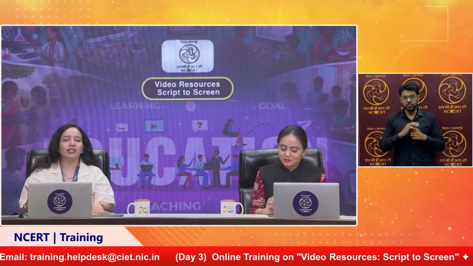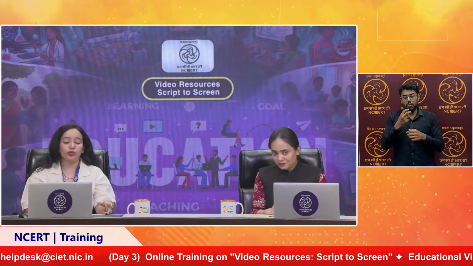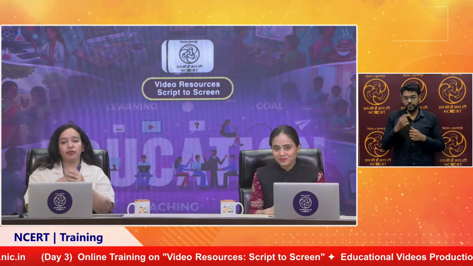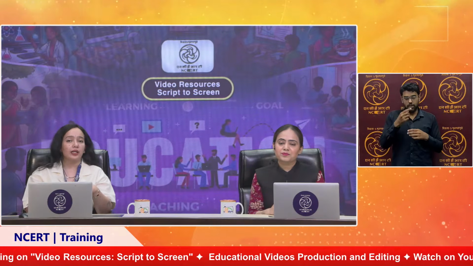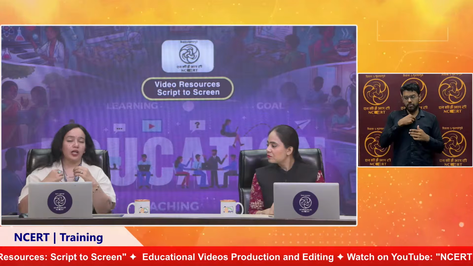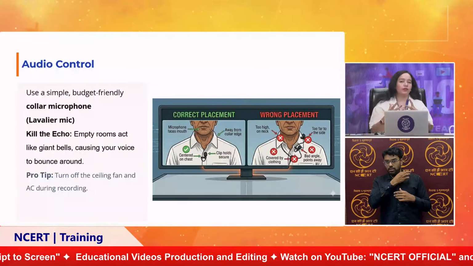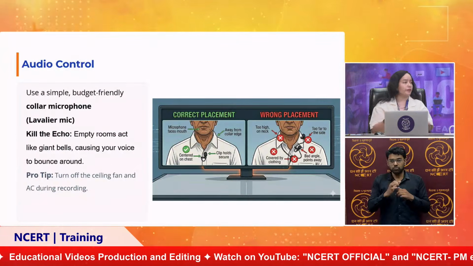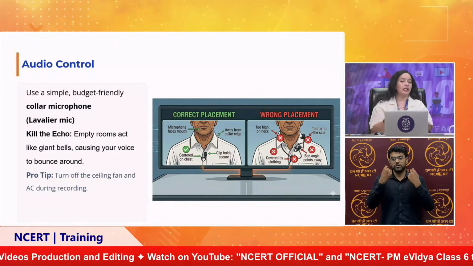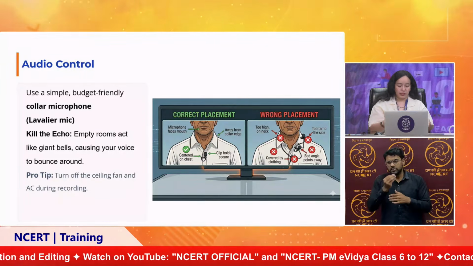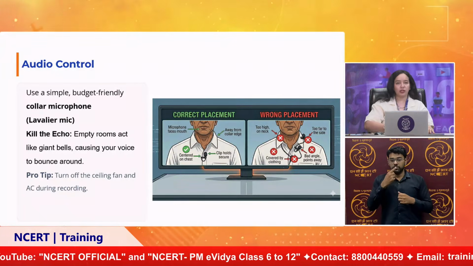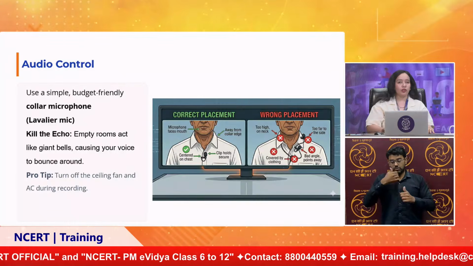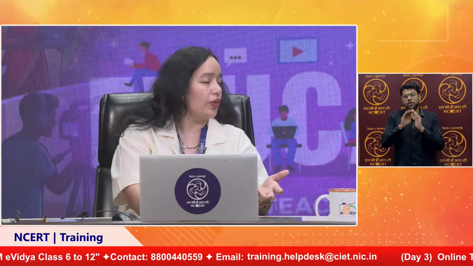Absolutely. These are a few things you have to consider for the placement of the microphone. As you can see on the right hand side of the window, I'm also showing a wrong placement. Some people put the microphone close to the collar. It won't give you a good output. Or if you're wearing a high neck, you place it here. Some people keep a huge distance between the mouth and the microphone. So you should take care of it. These are a few things that will enhance the quality of your video production.